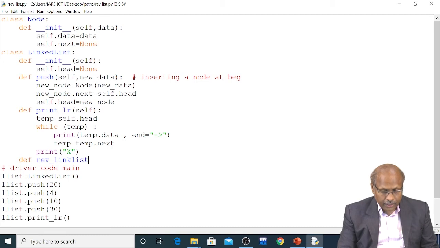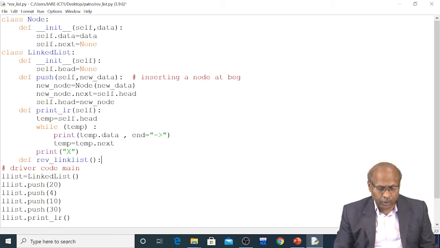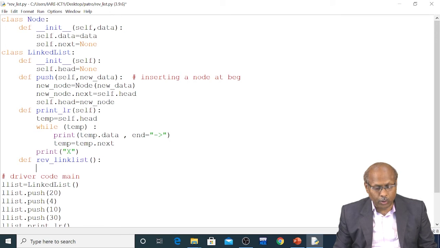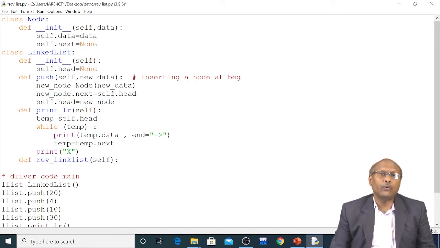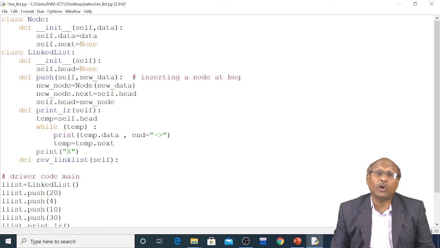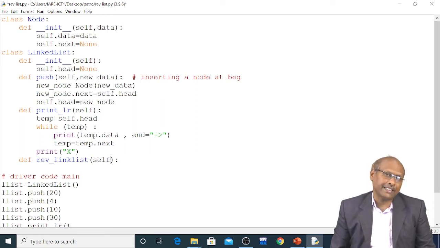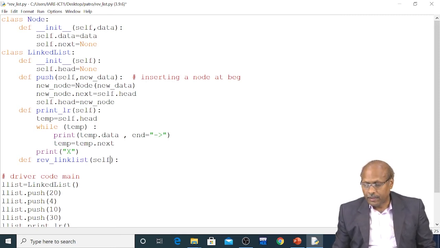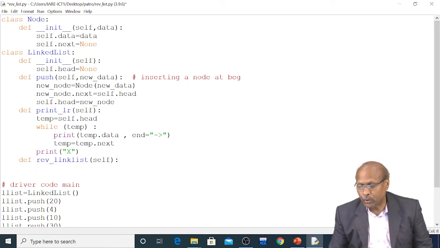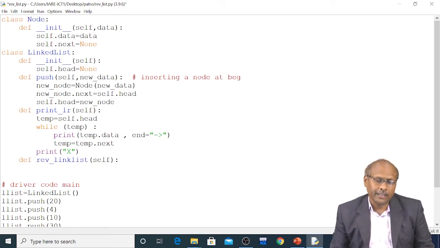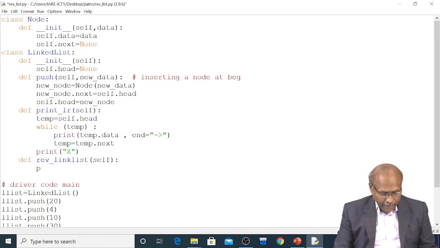Reverse linked list. You want to make this a member method. So what you have to do? If you want to make this a member method, you have to pass the self keyword. If you are not passing self, then you cannot call it through an object. So if you want to call a method through an object, you should write the self keyword, because you want to make this a member of the class. Fine. Now the main process starts here. This is the main step you have to do. I told you, you have to make 3 pointers. Initially, the previous pointer. The previous is how much?